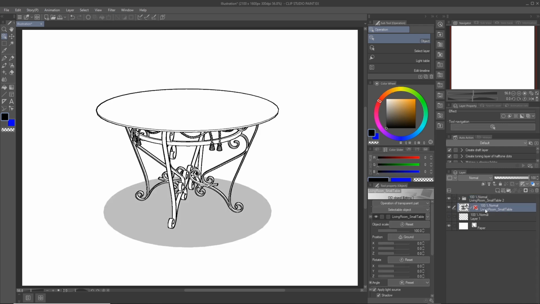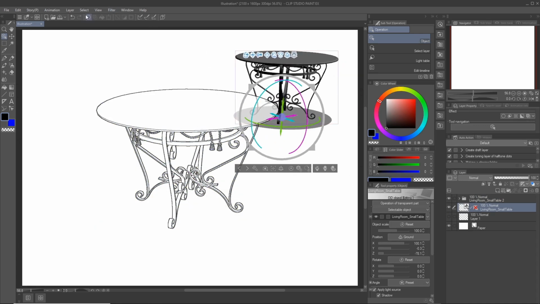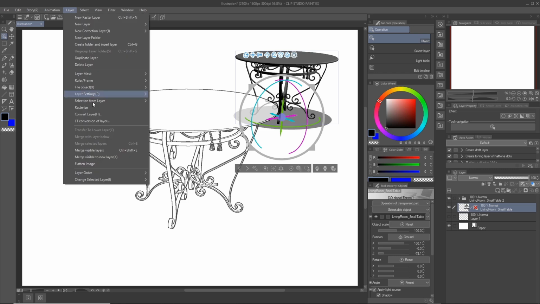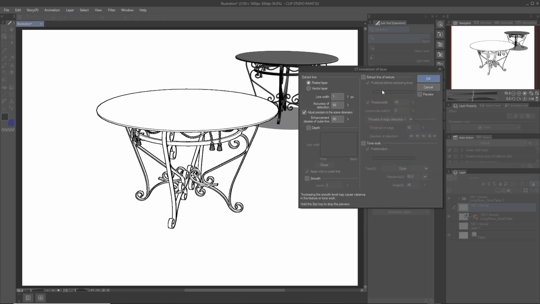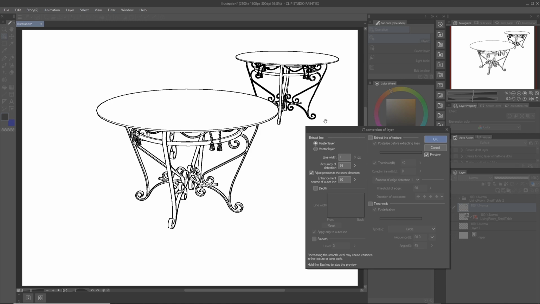And we're going to go back to the 3D layer, use the operation tool to move it in space, and position it somewhere in the background. Then we're going to go to Layer, LT Conversion of Layer again. And I know the settings are going to be correct because we did it before. Now in this case, you can see that the preview is showing this line work as being quite a bit darker than the foreground object, which isn't exactly what I want. As objects go off into the distance, they should actually probably get less prominent and make the foreground objects more prominent. This is where the option of depth comes in.